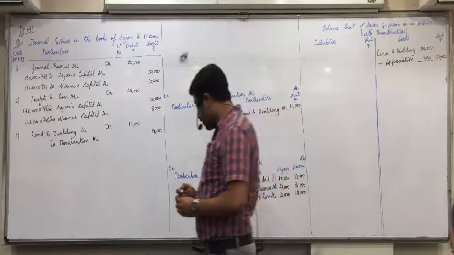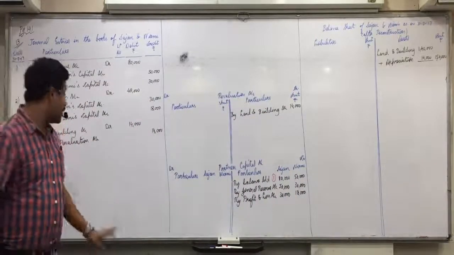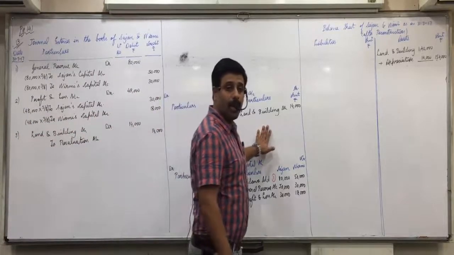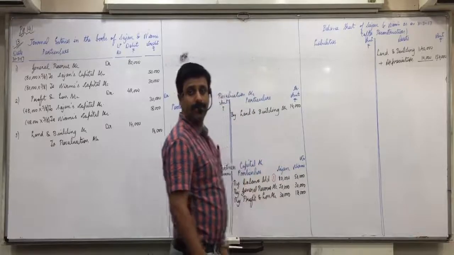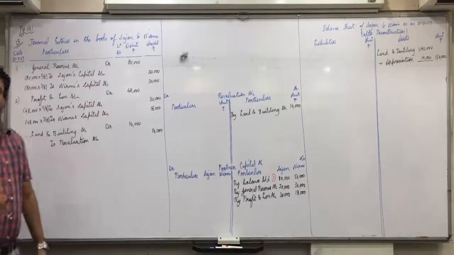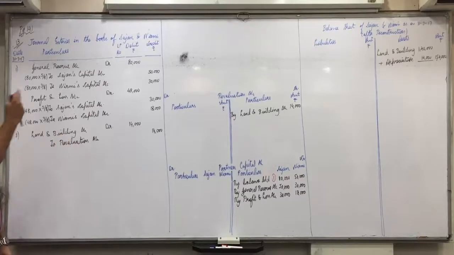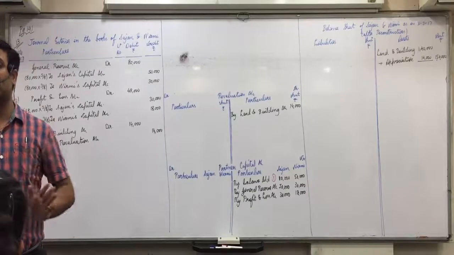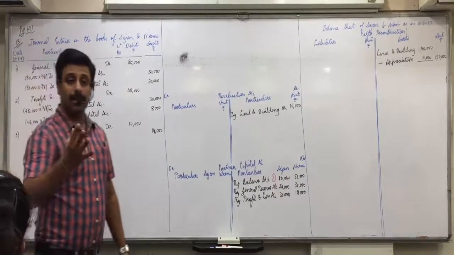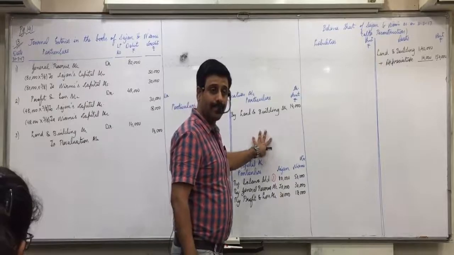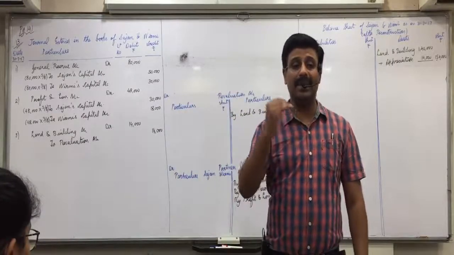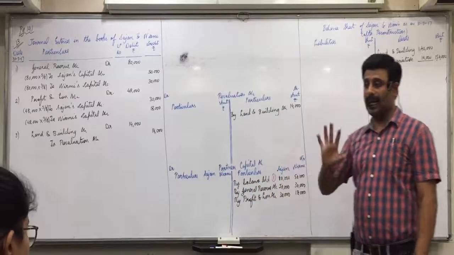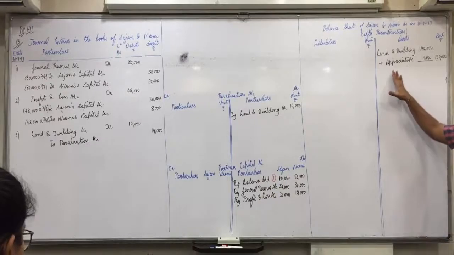Understood it everyone? I repeat it again. To revaluation, so in revaluation we will write on the credit side. The opposite account is land and building account. Land and building has a debit balance and we debit it again, so add in land and building. Other way around, even if you don't understand this accounting aspect, it's a profit. So profit will come on the credit side. And land and building's value, is it increasing or decreasing? Increasing. So add in land and building.